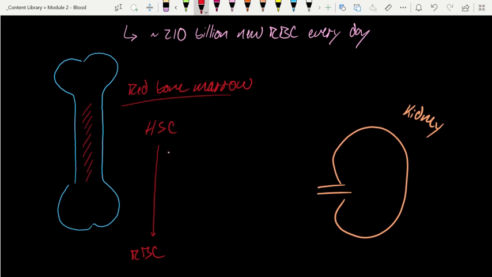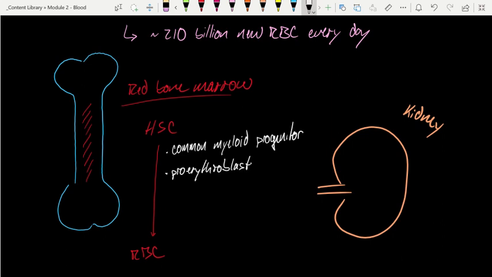The first one will be a common myeloid progenitor. This is going to give rise to a proerythroblast. Interestingly, this cell still has a nucleus, so it's still capable of cell division. There are some other steps in between, right? The basophilic erythroblast, the polychromatic erythroblast, as this thing transitions to the next cell that we want to mention,